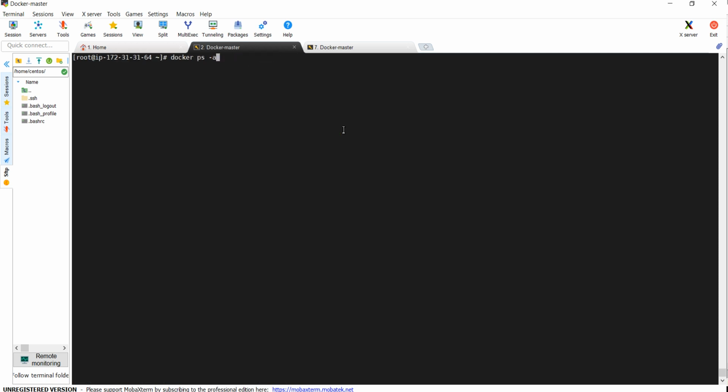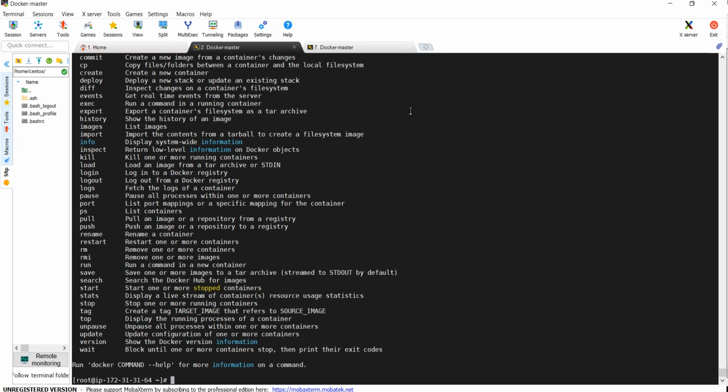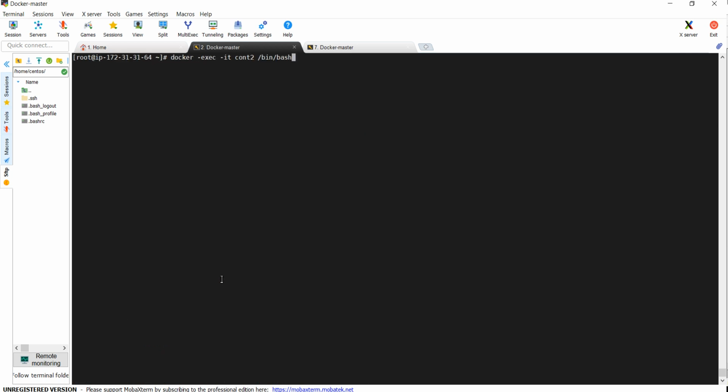One second. I want to log in inside my container. What error is coming? Something is wrong with the command. One second, let me check. What is wrong with this command?